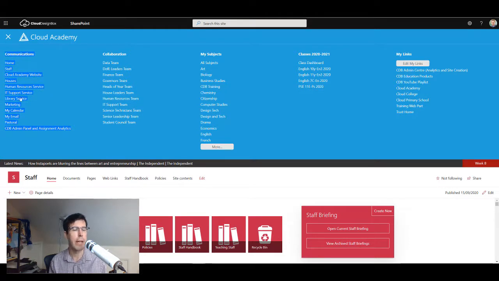There might be a library service where it's a bit about the library and how it all works. Again, these are publishing sites where you're controlling what is published to those audiences. Those really would replace maybe a traditional intranet that you might have had in school previously. When it comes to your non-curricular teams, your collaboration teams, these are for small groups of people working together inside your organisation. Like I say, these will be secure areas that nobody else can see except if you're in those teams. So it might be things like the finance team, data team.